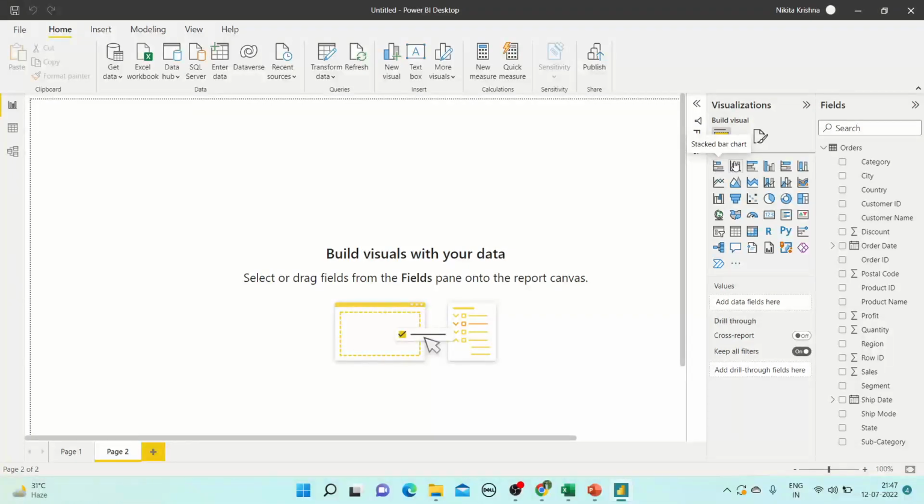First is stacked bar chart, then we have stacked column chart, then we have clustered bar chart, then we have line clustered column chart, then we have 100% stacked bar chart, we have 100% stacked column chart, we have line chart, we have area chart, we have stacked area chart, then we have line and stacked column chart, then we have line and clustered column chart, then we have ribbon chart, then we have waterfall chart, we have funnel chart,